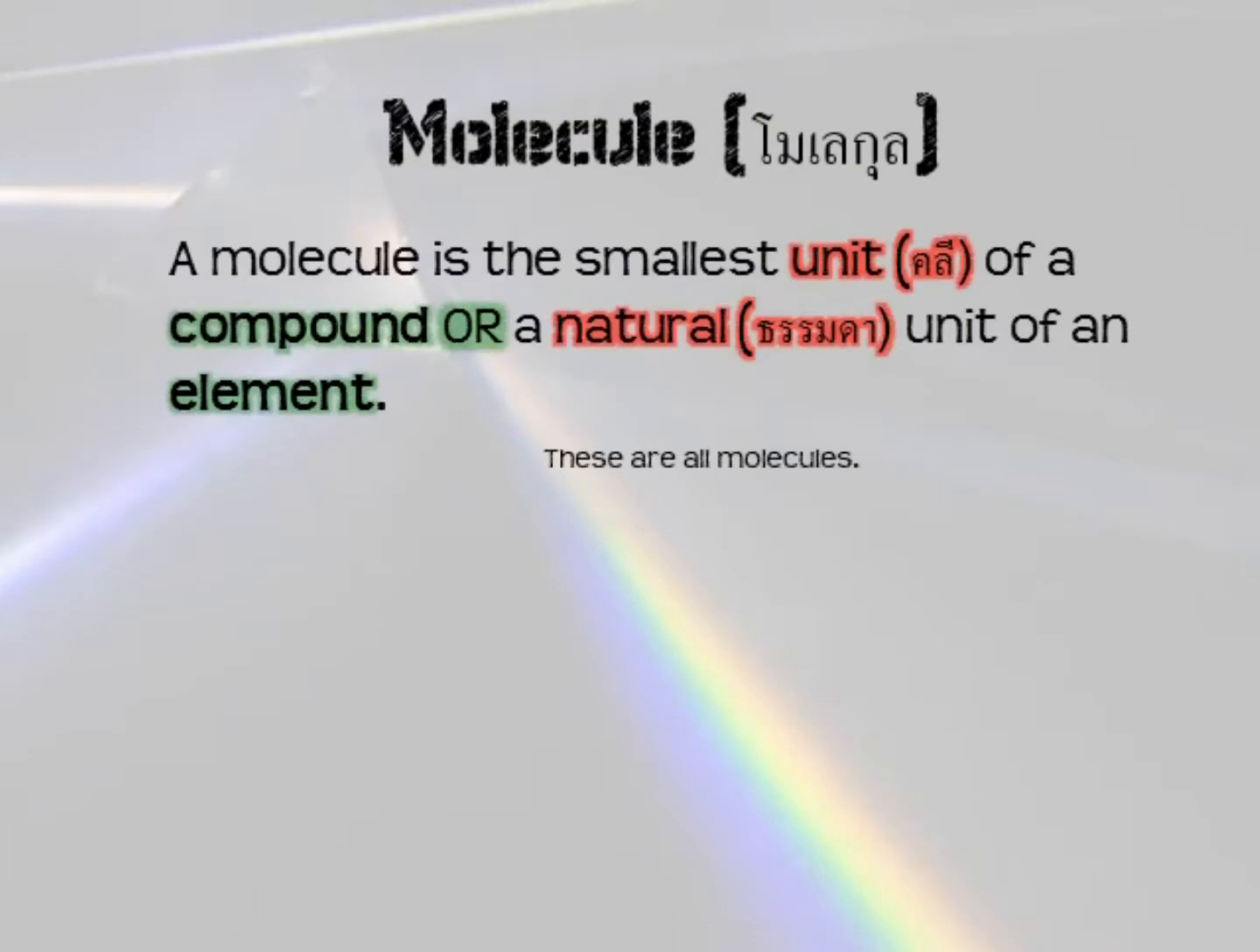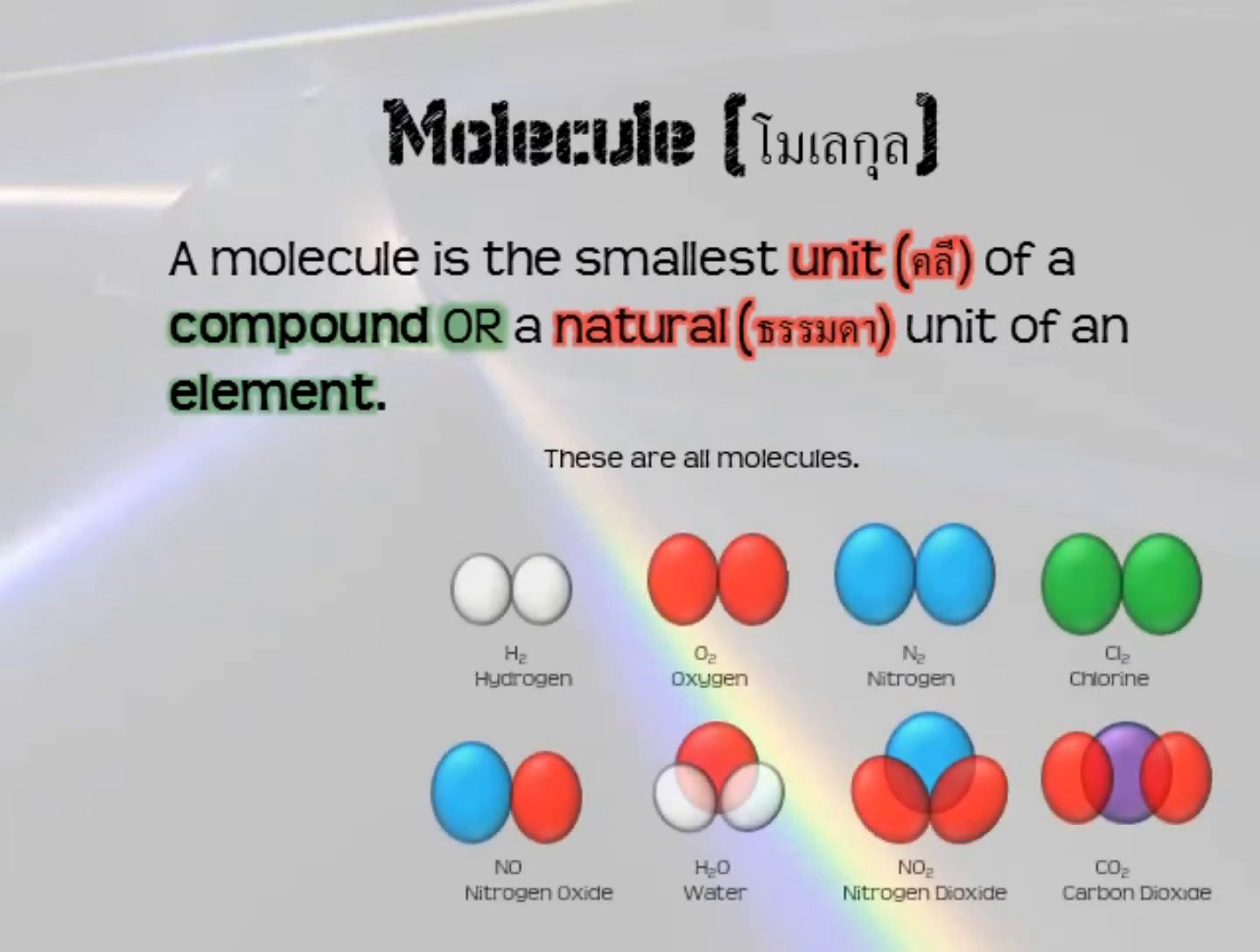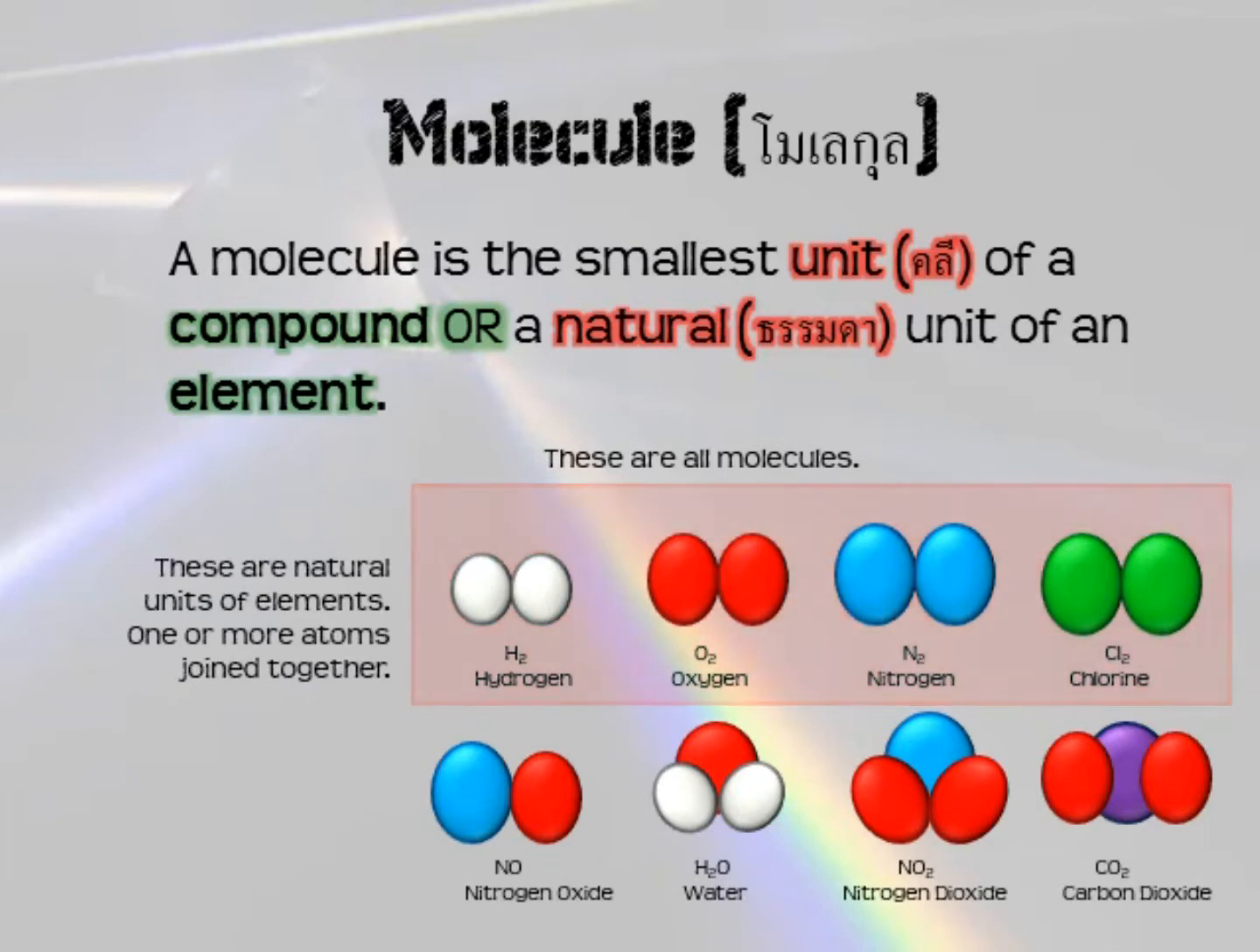So our first word in this part is molecule, a word we have seen before in the other parts, and a molecule is the smallest unit of a compound or a natural unit of an element. So these are all molecules here. You can see a molecule has at least 2 atoms in it. Sometimes they have many atoms in them. Molecules can get very big, but these are very simple molecules, and they can either be the natural units of